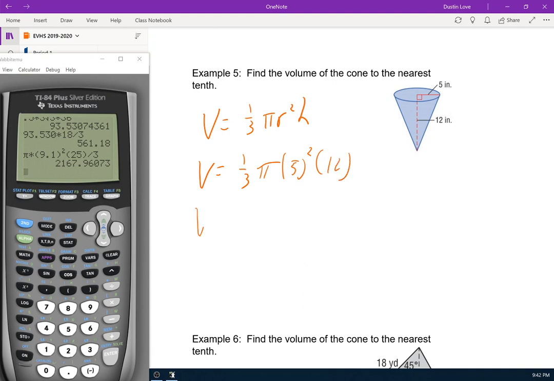That one was very straightforward. Pi times 5 squared times 12 divided by 3. Nearest tenth, 314.2